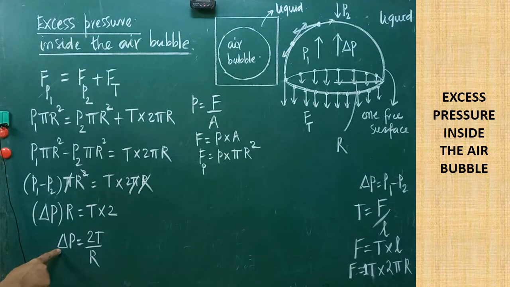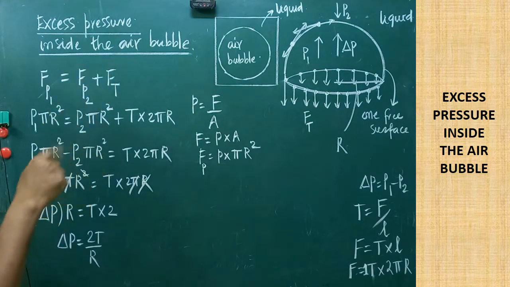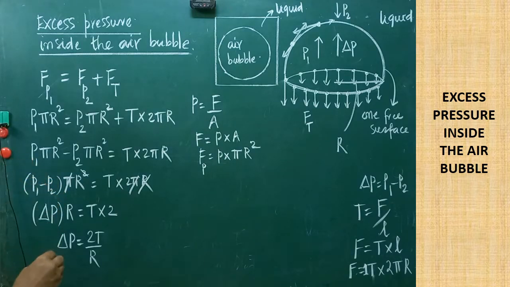Now this is the formula to calculate the excess pressure. By knowing the surface tension and the radius of the air bubble, which one can be calculated? Excess pressure can be calculated. Very interesting derivation. Okay, so now we have seen the air bubble. Next we are going to pass on to the liquid drop. So, clear, the excess pressure in the case of a liquid drop, its expression is to be derived. Okay, so don't forget this expression.